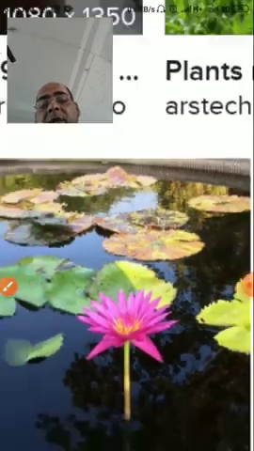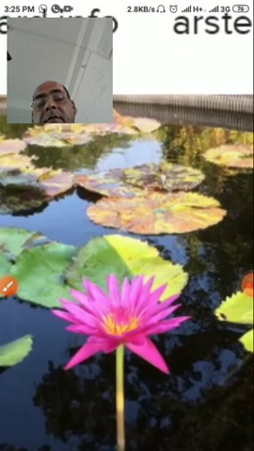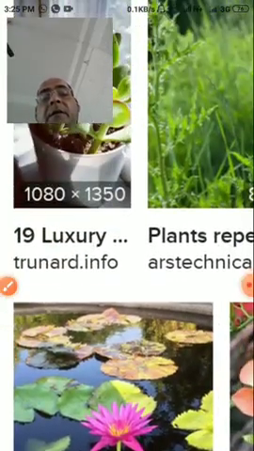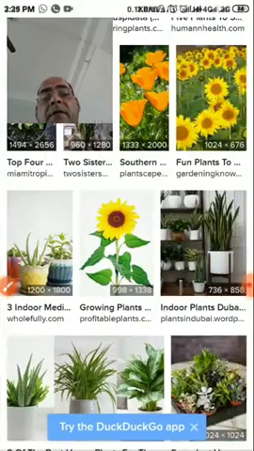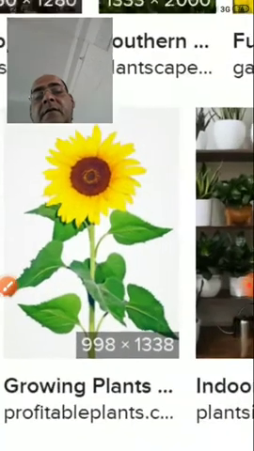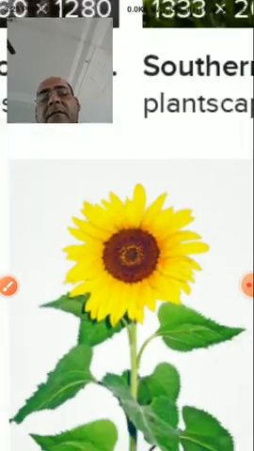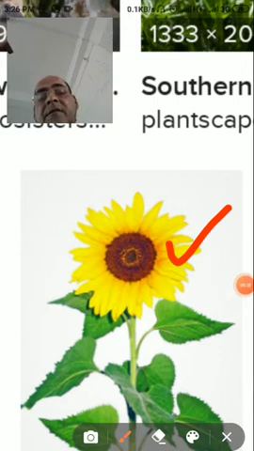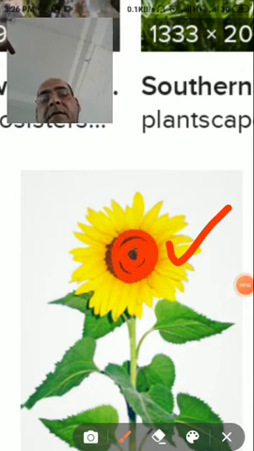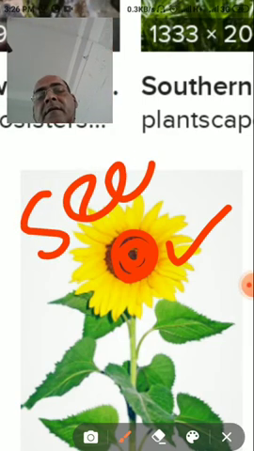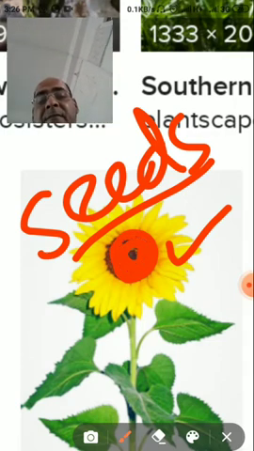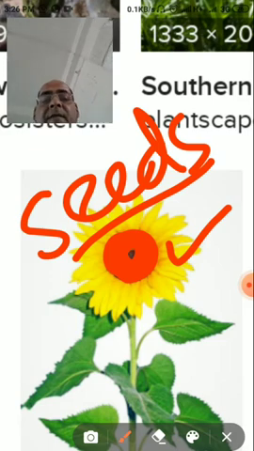So you are looking here, this is the flower of the kamal, I think, an aquatic plant, and you can see some other flowers, my dear students. See, this is the flower of sunflower. So this is the sunflower which has colored petals. This part is for making seeds, and the process of pollination takes place inside this part, so that the formation of seed takes place inside this flower.